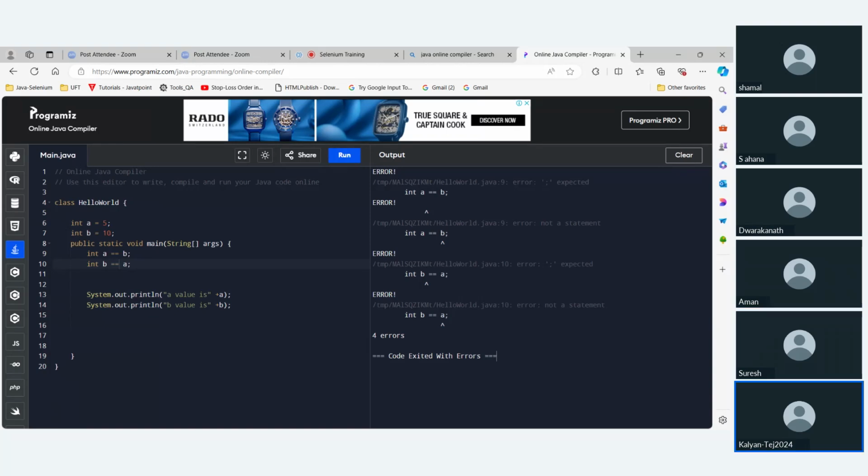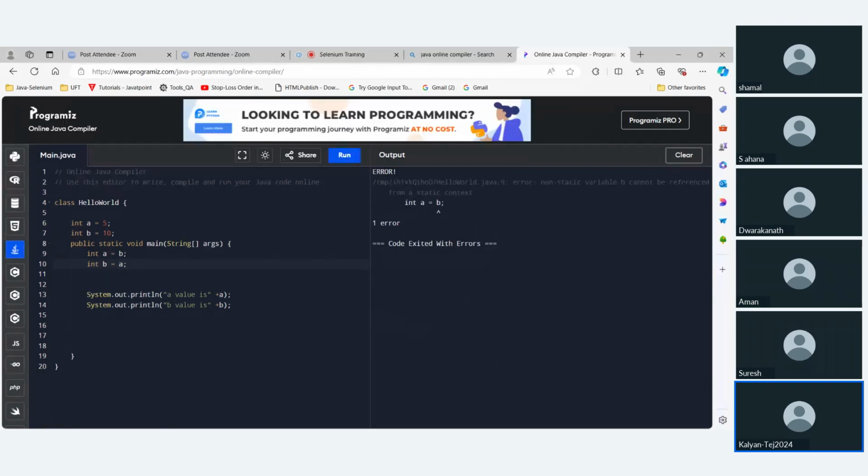I think you can just use a single equals; the double is not required. Can you run the program? Yes, there is a syntax error.